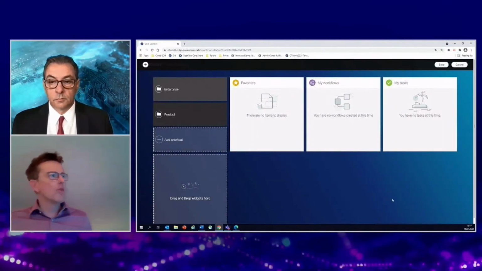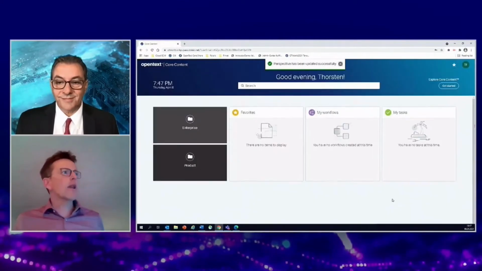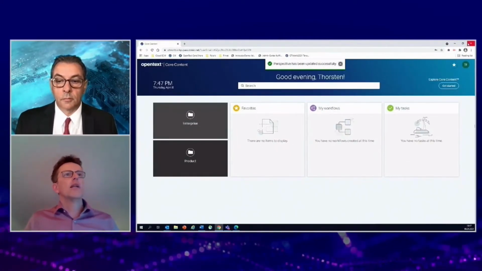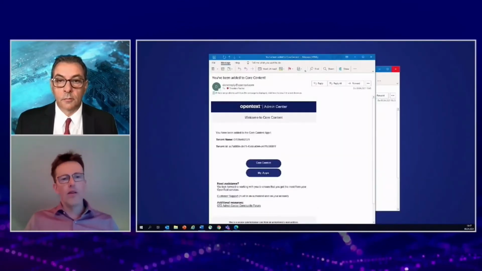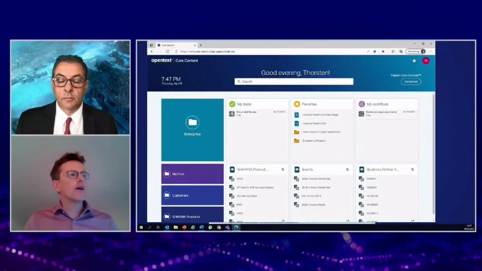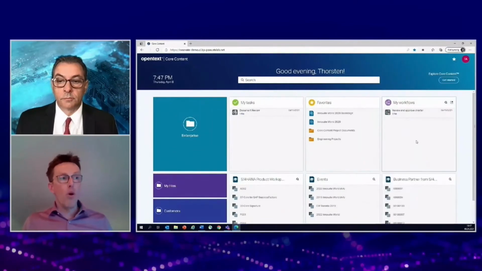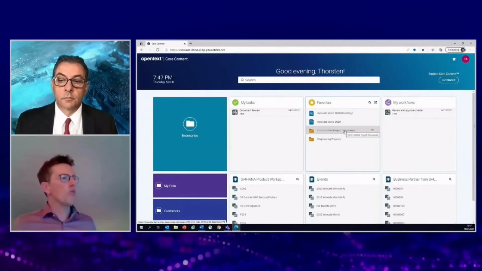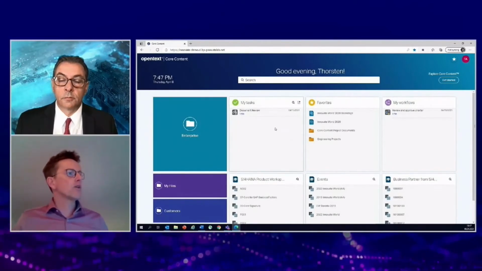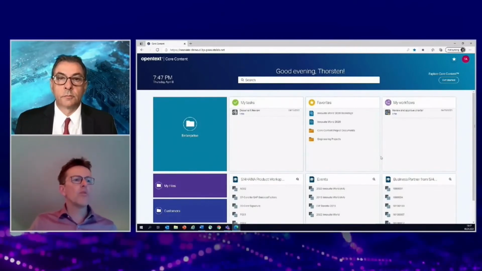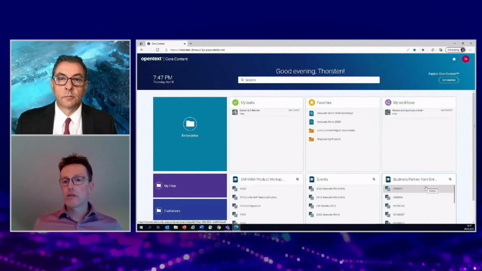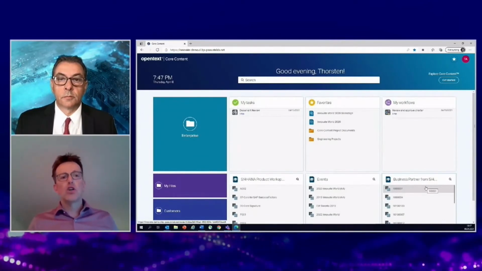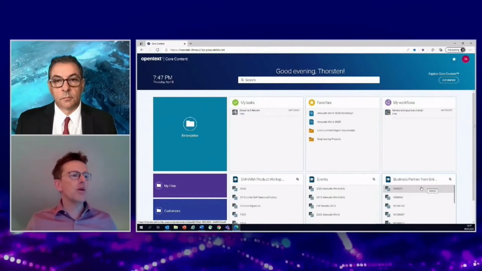Of course, there is much more I can do, but this is really a very simple and easy way to configure such a system. Let's now switch to an environment where we configured already a little bit more. So this is how the application could look after we created more folders, where we created already workflows, and very important, where we created workspaces, which are the connection at the end to a leading application like SAP.